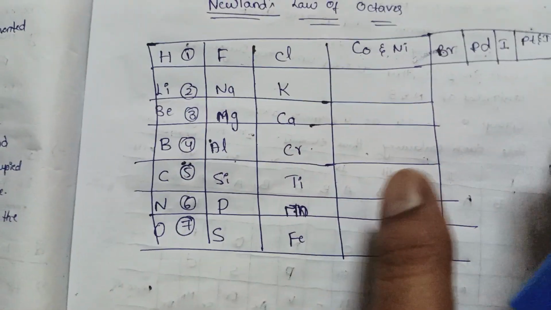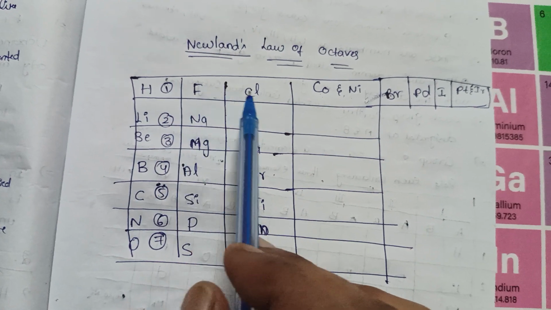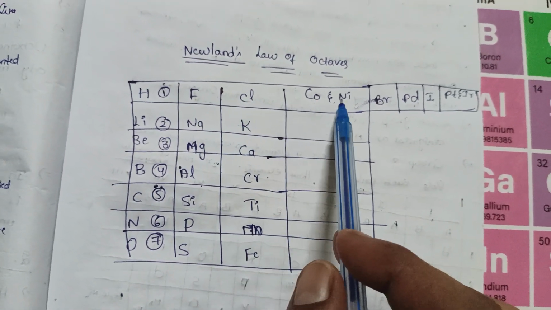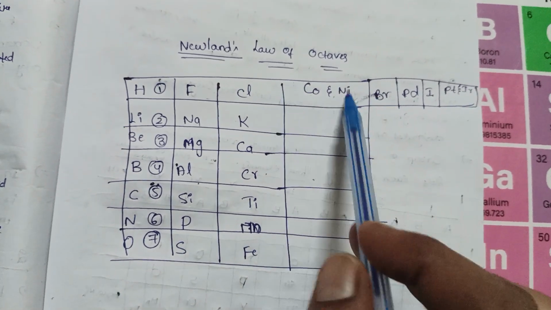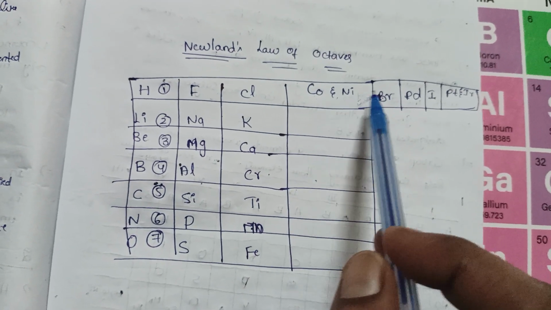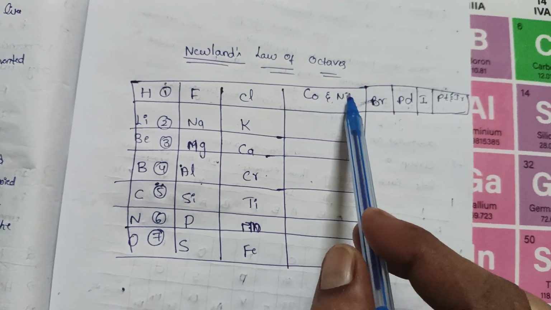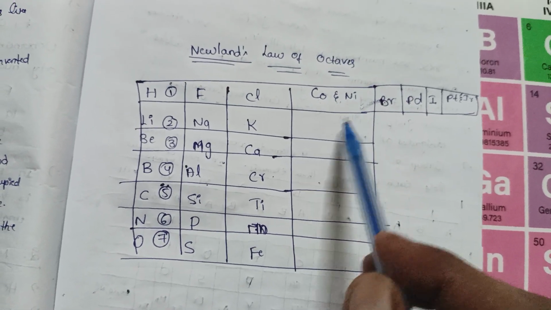Let's look at the table briefly. See, fluorine, chlorine, are non-metals, while cobalt, nickel, palladium, platinum, iridium are metals, but together they are put in the periodic table. This is one of the drawbacks. Again, cobalt and nickel he arranged in the same slot. These are the drawbacks that led to rejecting